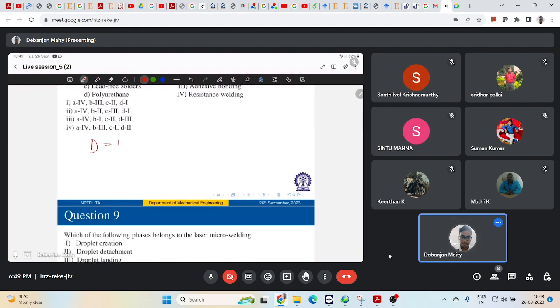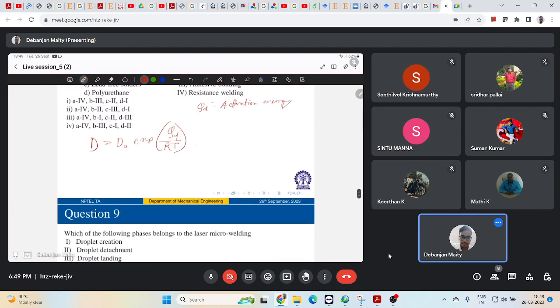The diffusion coefficient is given here. Q is your activation energy, then R is your universal gas constant, then T is my temperature,